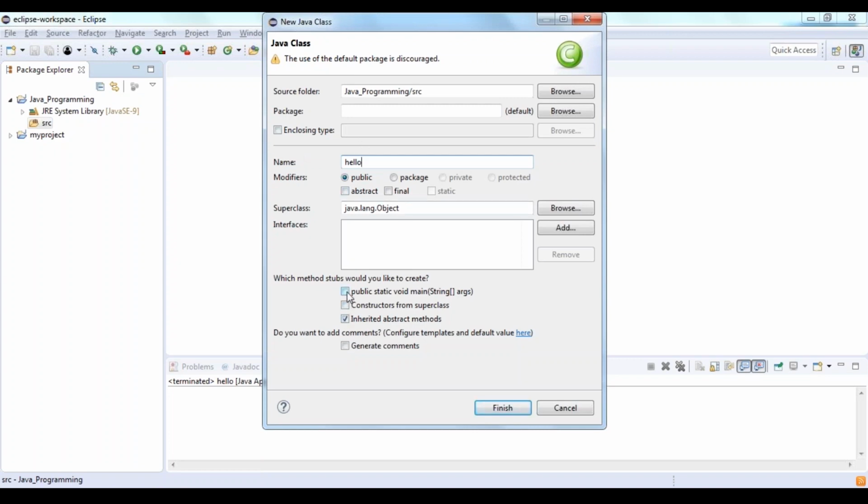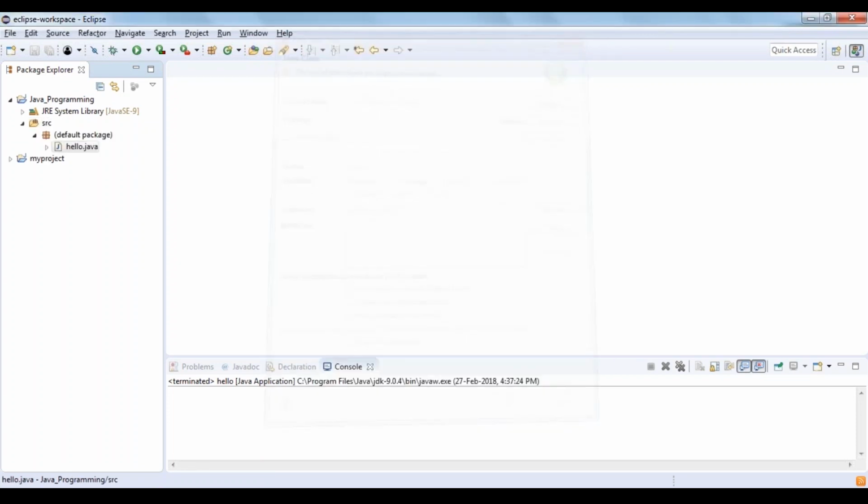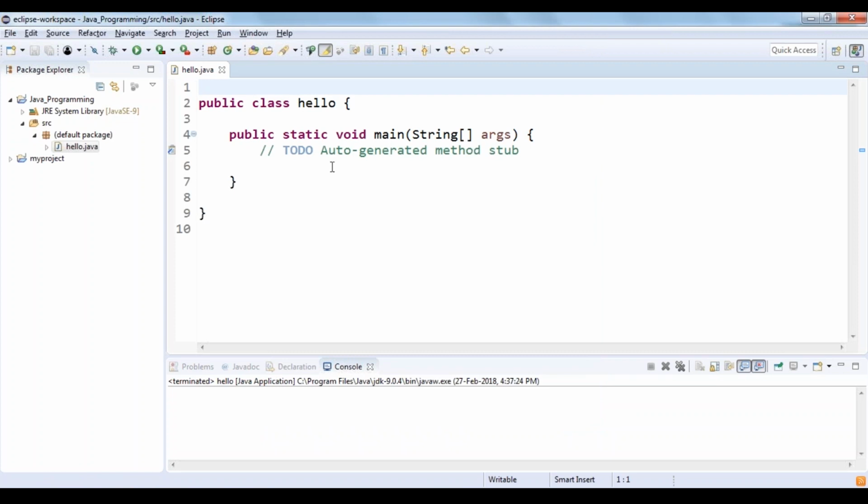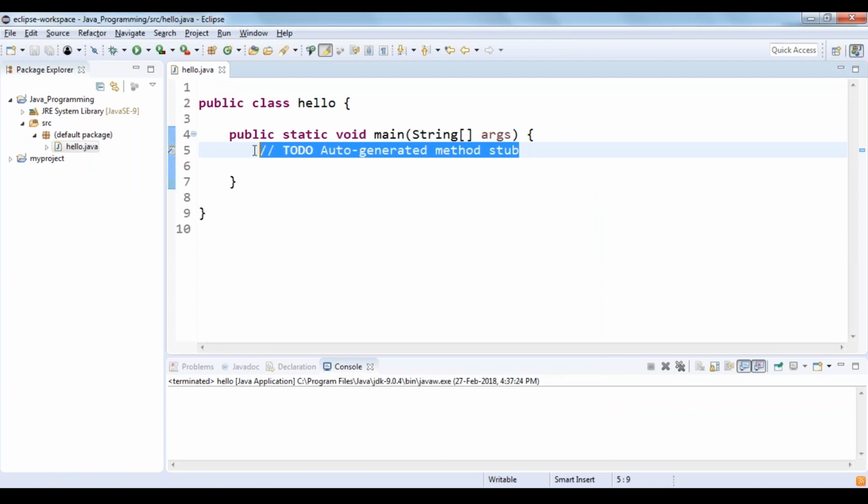Apart from this, make sure that you click on public static void main because it automatically creates a main function for you. Now in terms of execution, always the execution starts from the main function. So this is something that you need to remember while you're writing programs. Now let's start with the most fundamental program that you would be writing on any programming language, which is hello